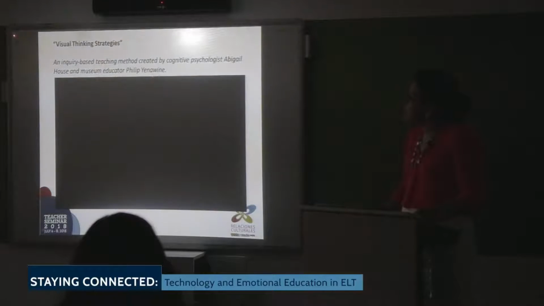As you can see, Wine is a museum educator, okay? This is where visual literacy started to make noise. He was tired of people just coming through museums and not looking at things and not thinking about them, taking less than 15 minutes to go through the whole museum, instead of standing in front of something and seeing how you can react to it. So that's why it's important also to connect with different parts of the world and different people, because that's how you start seeing new things, okay?